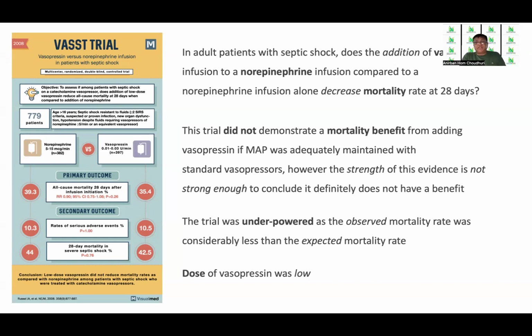However, the strength of the evidence is not strong enough to conclude it definitely does not have a benefit. And an important point was that the trial was underpowered because the observed mortality was considerably less than the expected mortality, and the dose of vasopressin also was low. So considering all this, this trial has to be taken with a pinch of salt to understand where exactly the